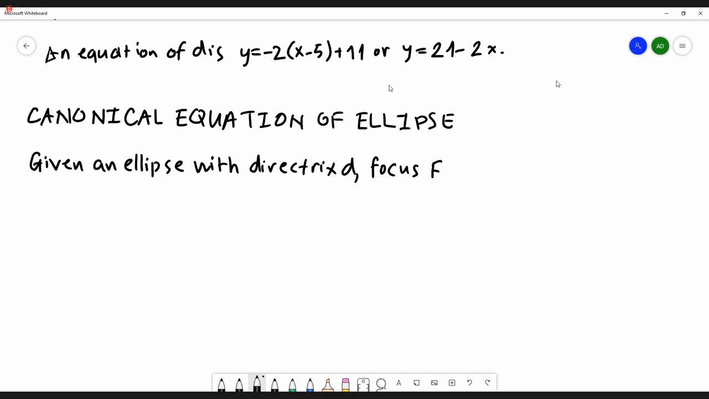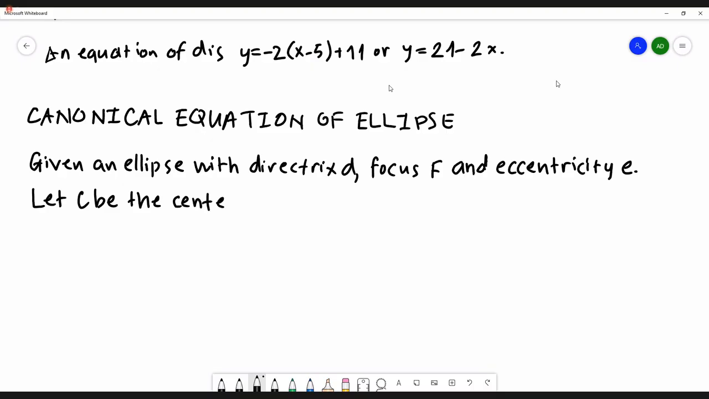So we should have given a focus, directrix, and as well eccentricity, some positive real number less than 1, okay, for ellipse. Now, to obtain the equation, first we define some certain points and we will compute certain quantities. We first choose,